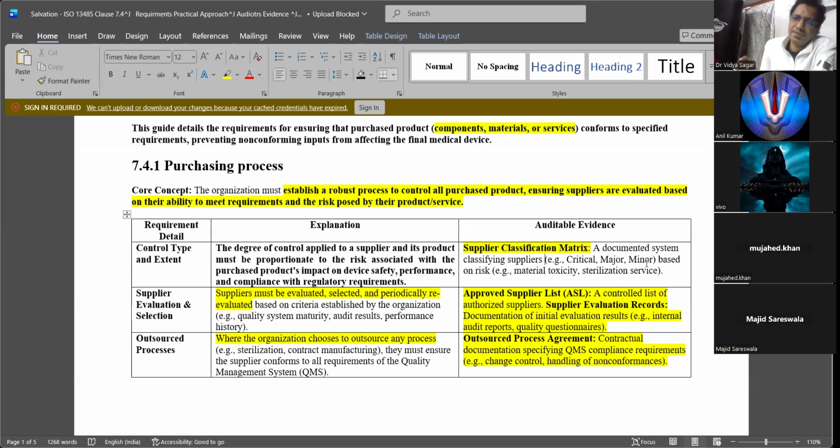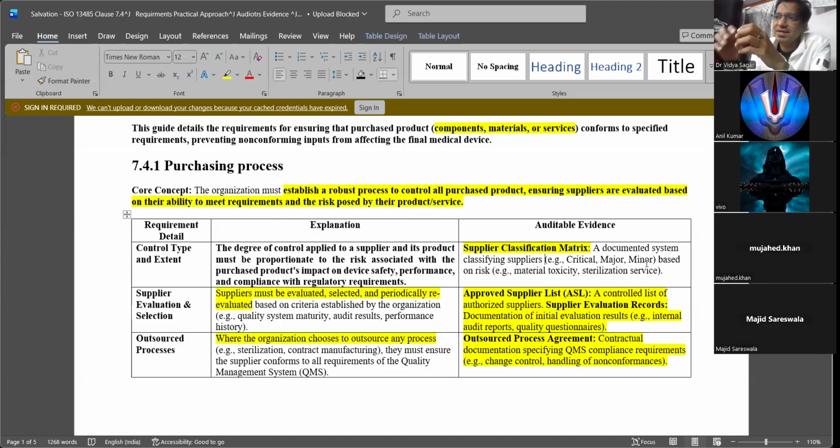Create a supplier matrix, like this grade is critical. Because when you're grading the suppliers, I'll tell you later, your supplier audit, your supplier inspection, your verification of the supplier or verification of the material also should be in line with that.